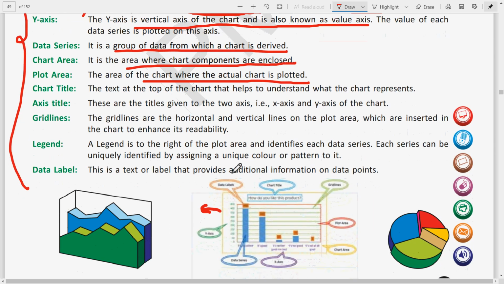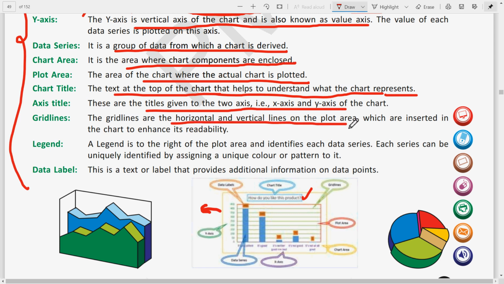Then chart title is the text at the top of the chart, here which is present, chart title. Clear? That helps us to understand what the chart represents. Then axis title, the title given to the x-axis and y-axis. Grid lines, so grid lines are the horizontal and vertical lines on the plot area which enhance the readability.